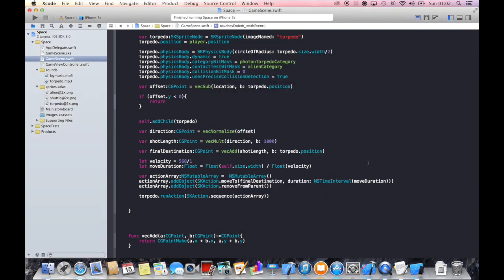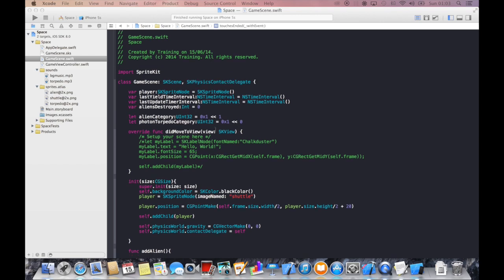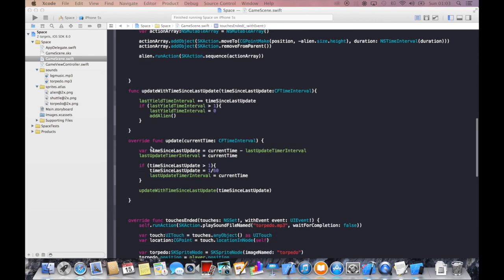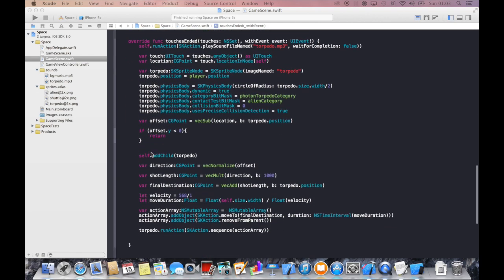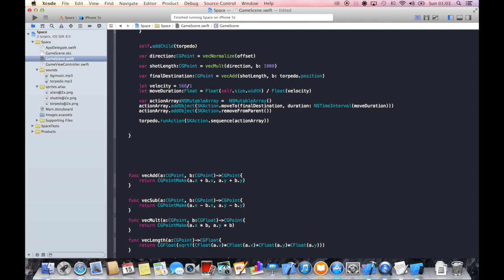As you have seen, the alien ships won't be destroyed at the moment. So we will have to handle this as well. And now we're going to use this category bit mask with this strange looking code we've created earlier. And we'll have to write a function for this as well. So let's just do it below the touches ended method, and we will call this function